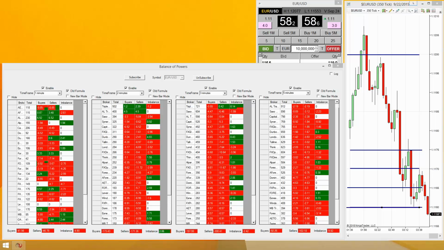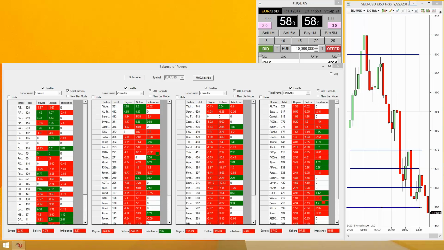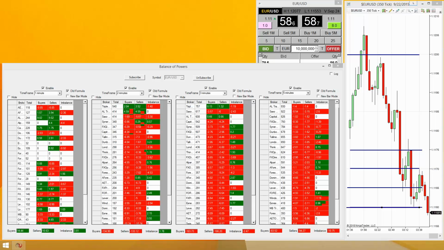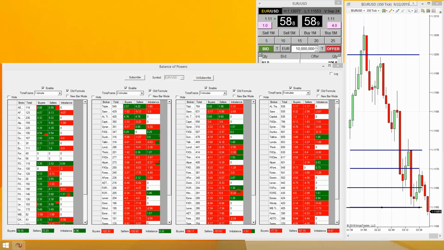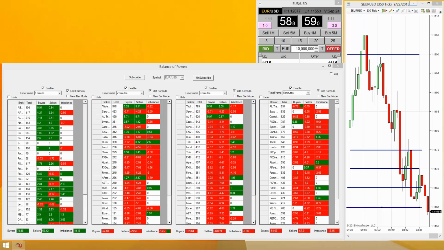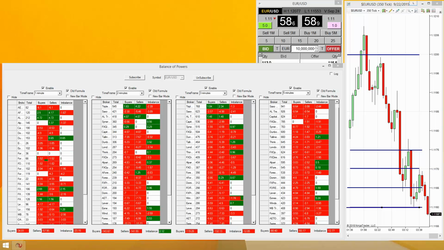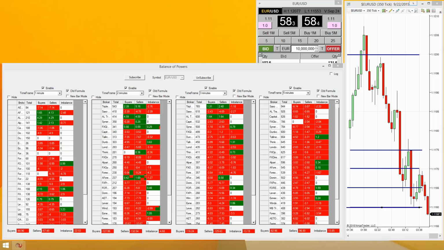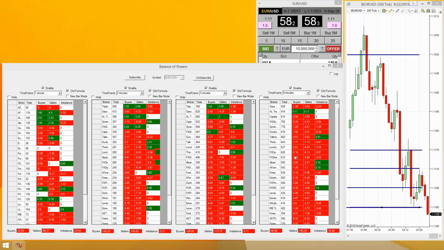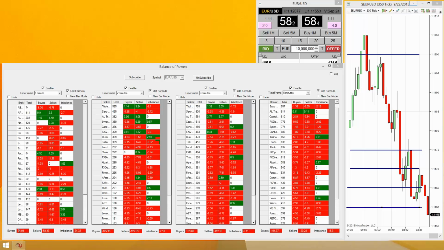So by looking at my software, this doesn't mean that every time it goes above 300 you have to buy, and every time it goes below 300 you have to sell. Doesn't mean that. So you have to look for a reason. Like, for a split second we had all red, right? I was looking at the 1 minute when I told you 300 or minus 300.